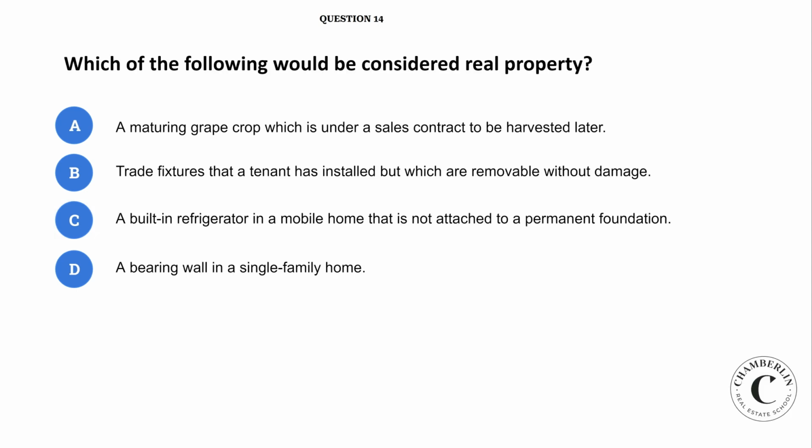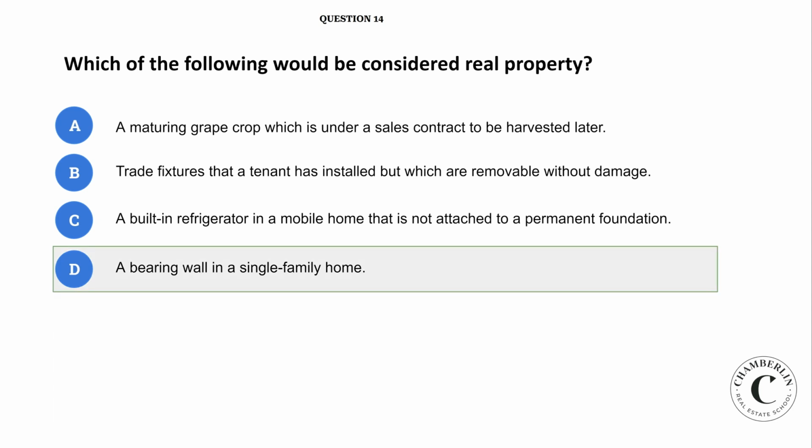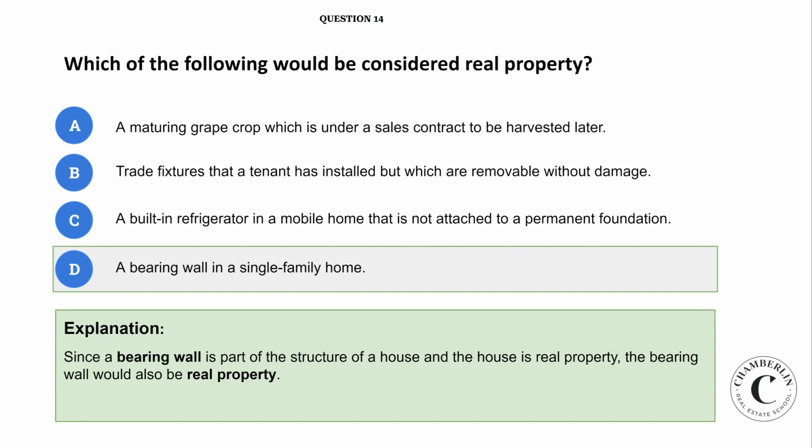Question 14. Which of the following would be considered real property? A. a maturing grape crop which is under a sales contract to be harvested later. B. trade fixtures that a tenant has installed but which are removable without damage. C. a built-in refrigerator in a mobile home that is not attached to a permanent foundation. Or D. a bearing wall in a single-family home. And the answer is D. Since a bearing wall is part of the structure of a house and the house is real property, the bearing wall would also be